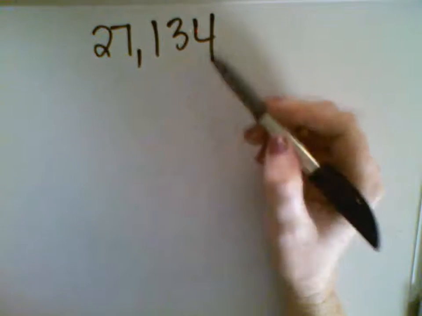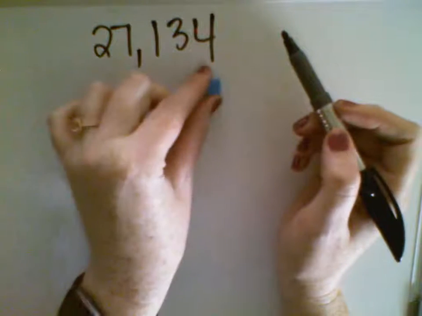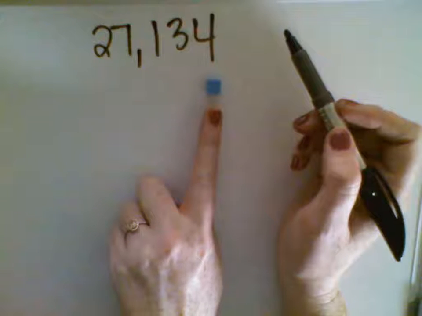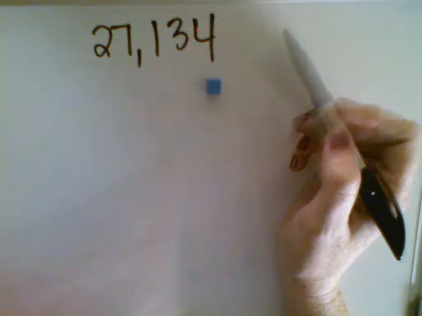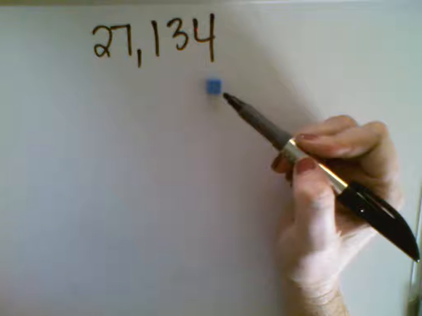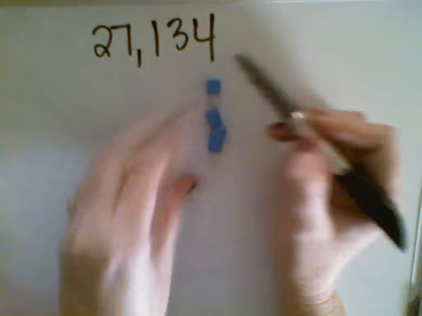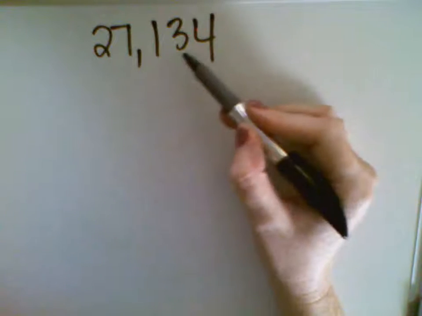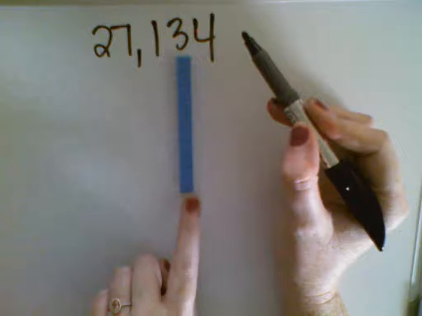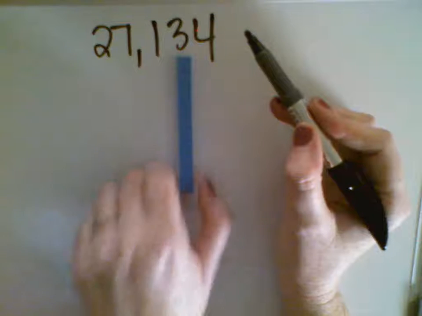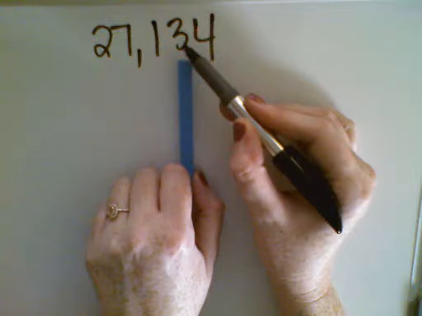We know that the value of the numbers in the ones place are multiplied by 1. So each value in the ones place would show one of these. So if there's a 4, how many of these blocks would we need? We would need 4. So we know everything in here is multiplied by 1. Then we move over to the tens place. Tens are represented by things like this. So this one stick is worth 10. So I would need 3 of these to represent the 3 that's in the tens place because 3 times 10